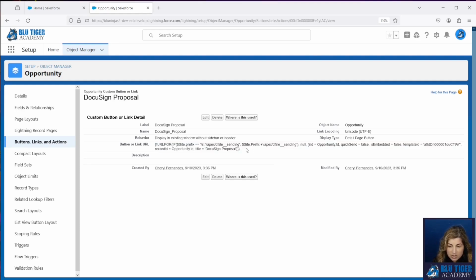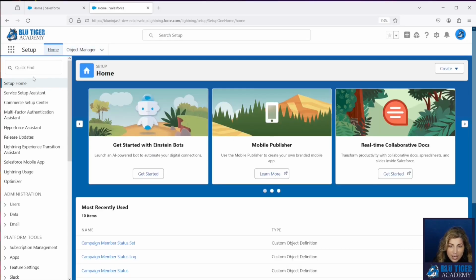Now, in order to make this work, we couldn't just use Navigate Anywhere from Unofficial SF. We actually had to invoke DocuSign to be able to get the URL. This means that we have to create two Apex classes that are going to help us get that URL, and then we will pass it to our ScreenFlow so then we can use the ScreenFlow in our Einstein Next Best Action. So our first step here is to create our Apex classes.